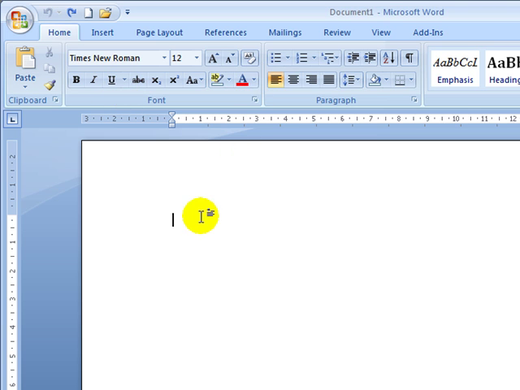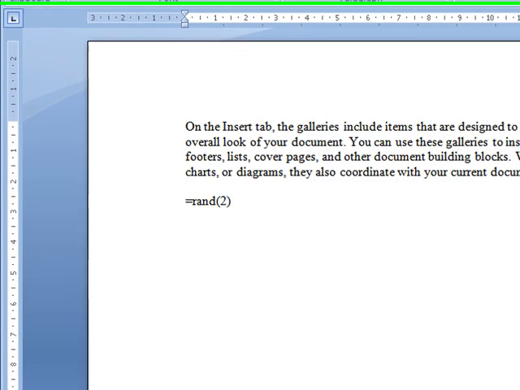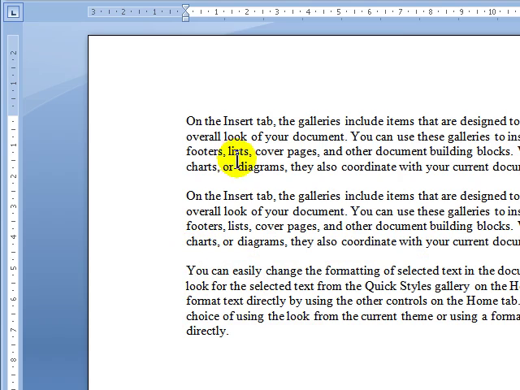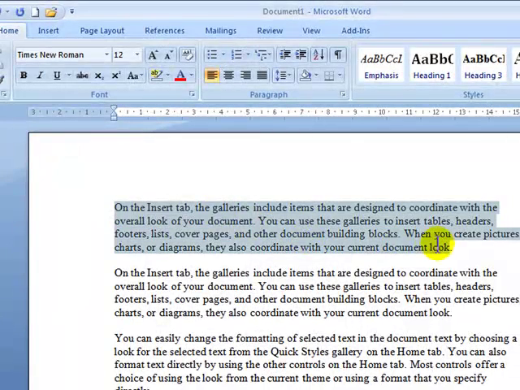So let's start by just creating a random paragraph, and let's create another 2 more random paragraphs, and here you go, paragraph 1, paragraph 2, paragraph 3. Let me just separate them. Now the first thing you'll notice is that the default